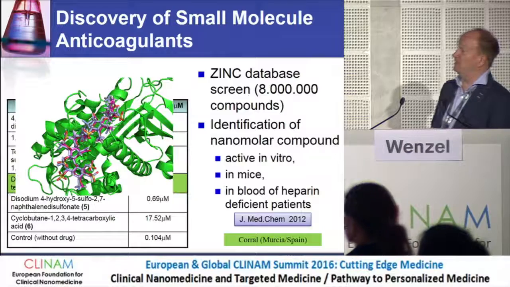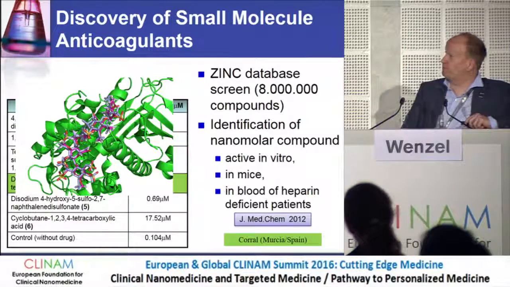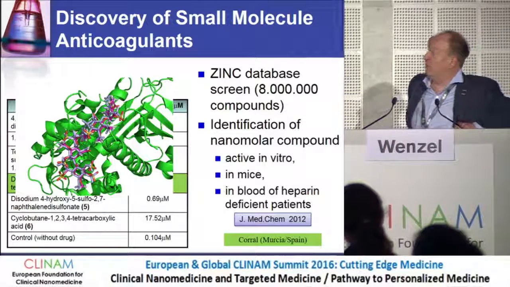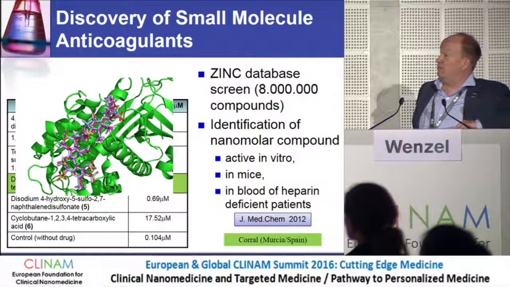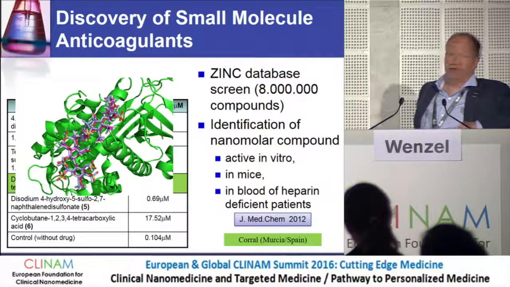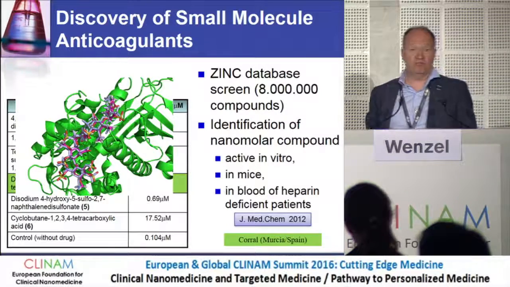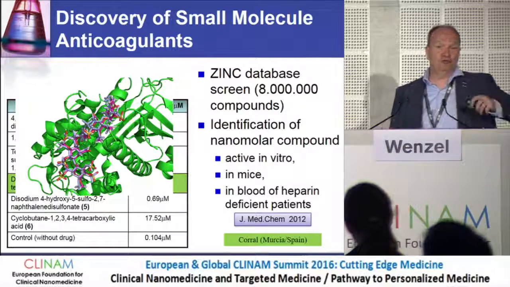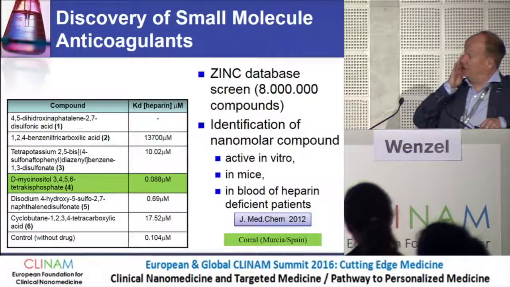To give you an idea, we started with a study together with a group in Spain to look at anticoagulants. Here is the overlay of the docked and the X-ray structure of heparin to its receptor. This was then run against the ZINC library, a publicly open database with about 8 million compounds. This takes a good 2 or 3 weeks to run, but after that we were able to identify 20